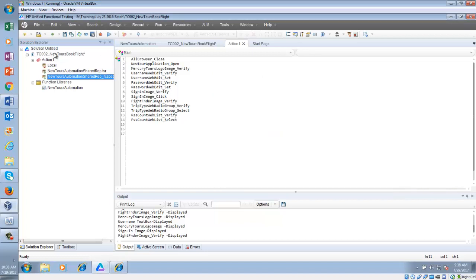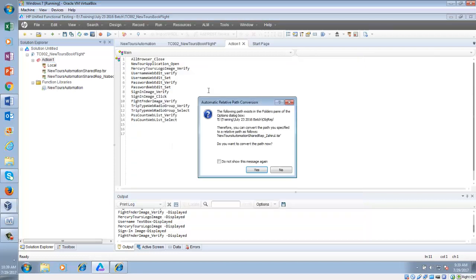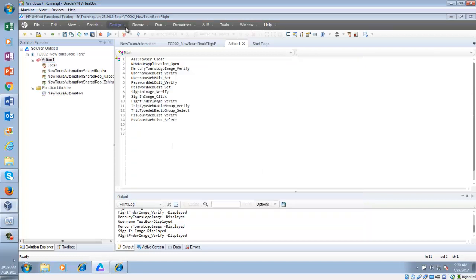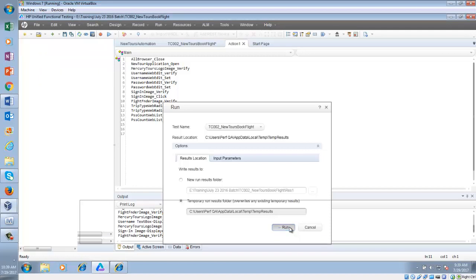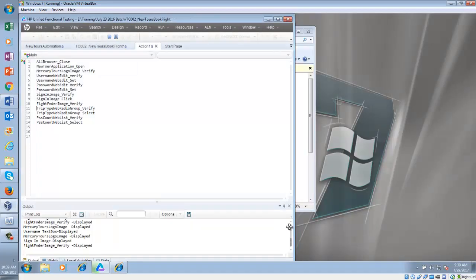The radio group is in my repository, so I am going to add this one as well. Now execute it with all these repositories together.